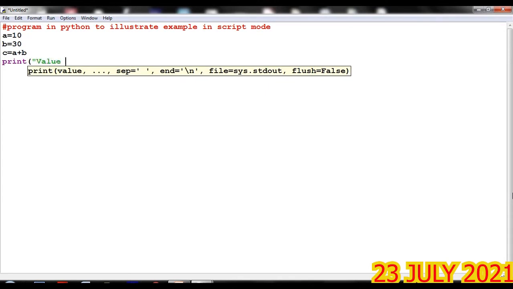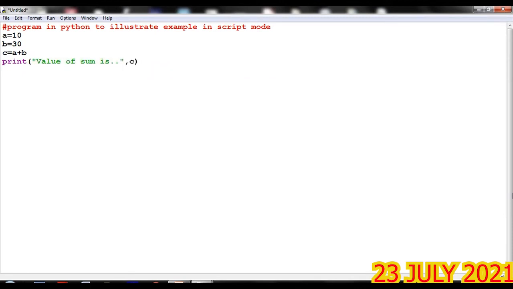I will give some message: value of c, the sum is, and then the value of c I will give here. Okay, these are what. Now what should I do, next step,